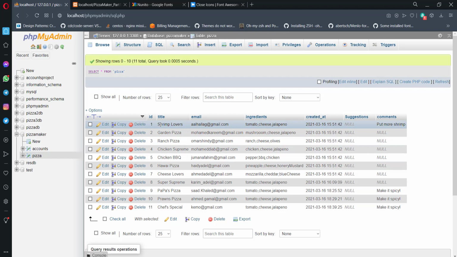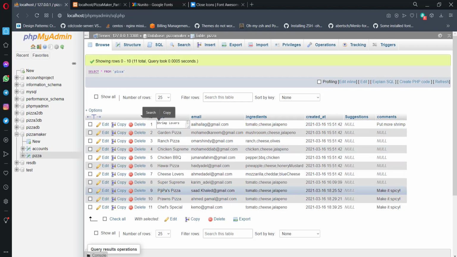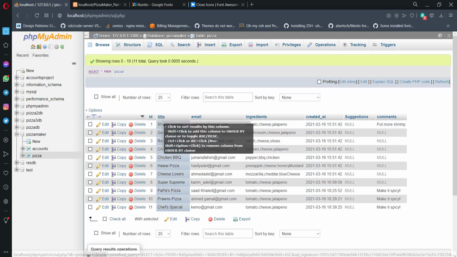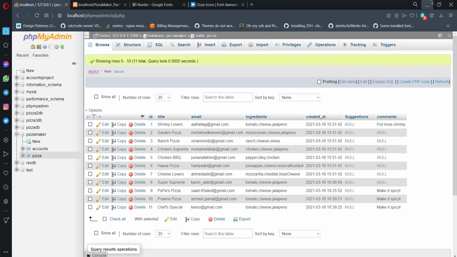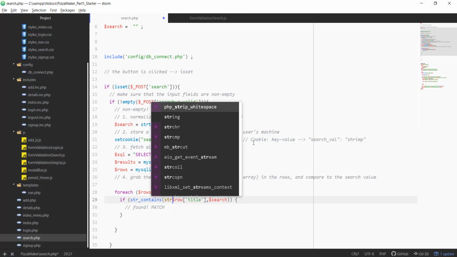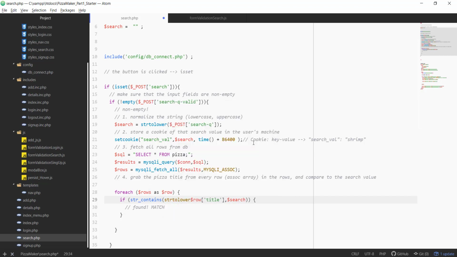So if he enters a capital letter here or there, anywhere, it's just going to be entered the same way. So whenever I grab the value under the title column, I need to normalize it. So I need to make it lowercase as well, so I can search on it. I'm just going to use strtolower on the value that I've just grabbed from the database,